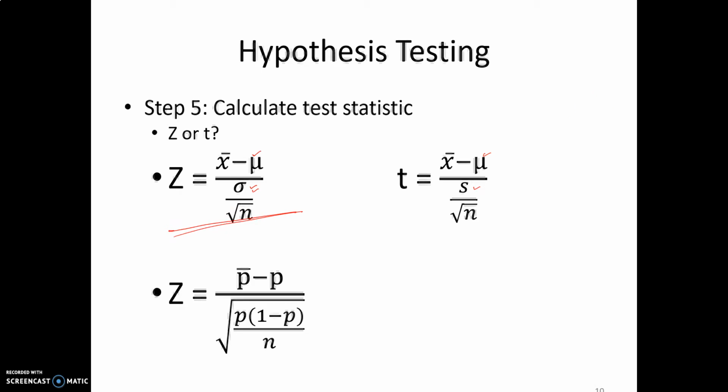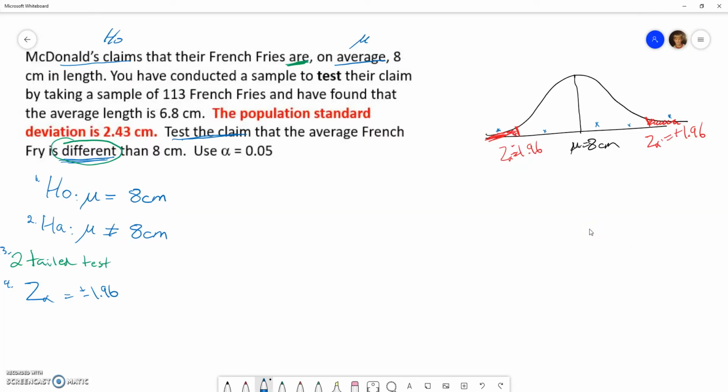So let's go back and calculate. Step 5. Remember, hypothesis testing always has 2 Z values or 2 T values, depending on if the population standard deviation is known. So in this case, the population standard deviation is known. We're using a Z value. We are calculating the test statistic,